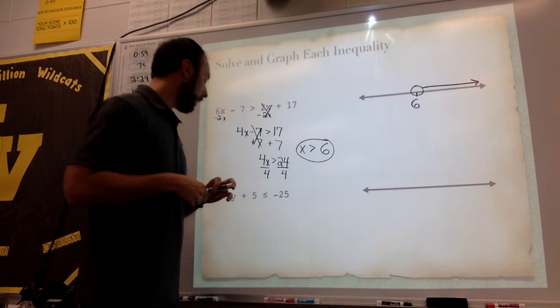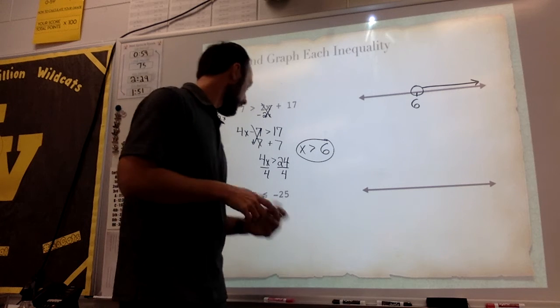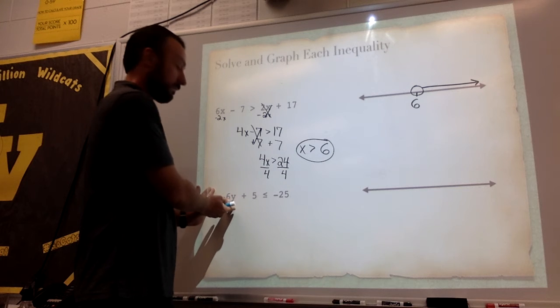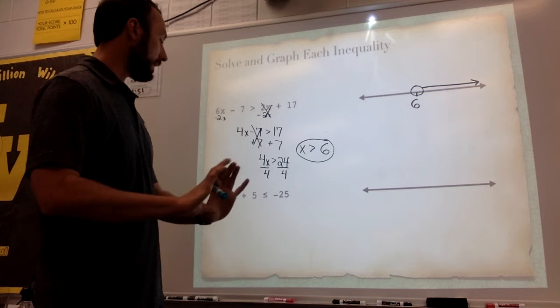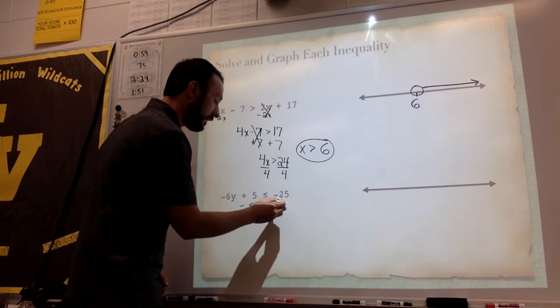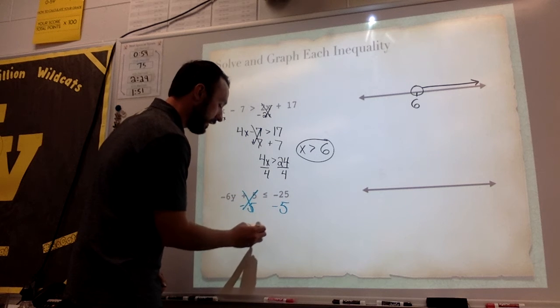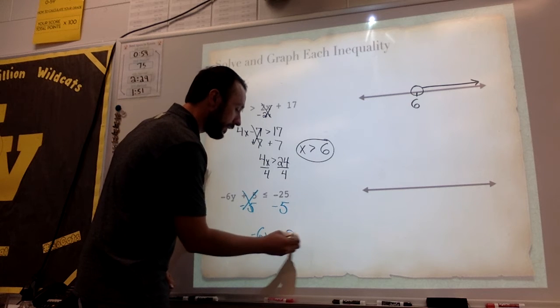Next one says negative 6y plus 5 is less than or equal to negative 25. Step one, get all of our variables on one side. We already have all the variables on the left-hand side, so don't need to worry about that. Step two is to get all of our constants to the right-hand side. So I'm going to subtract 5. Subtract 5. My 5's cancel out. That leaves me with negative 6y